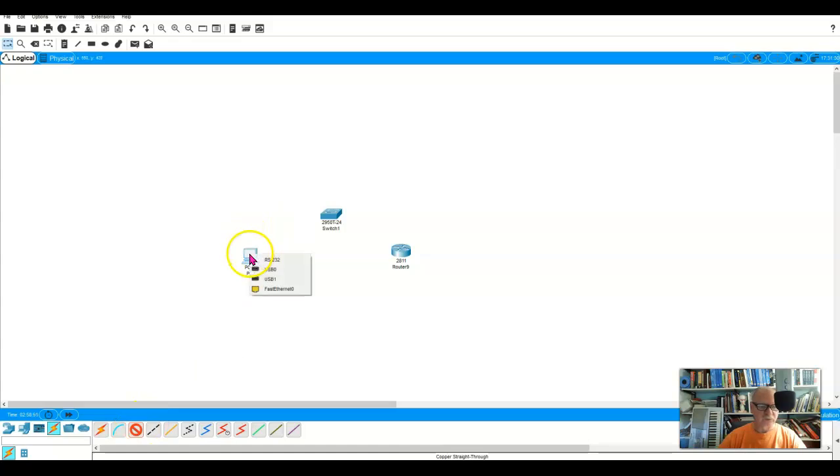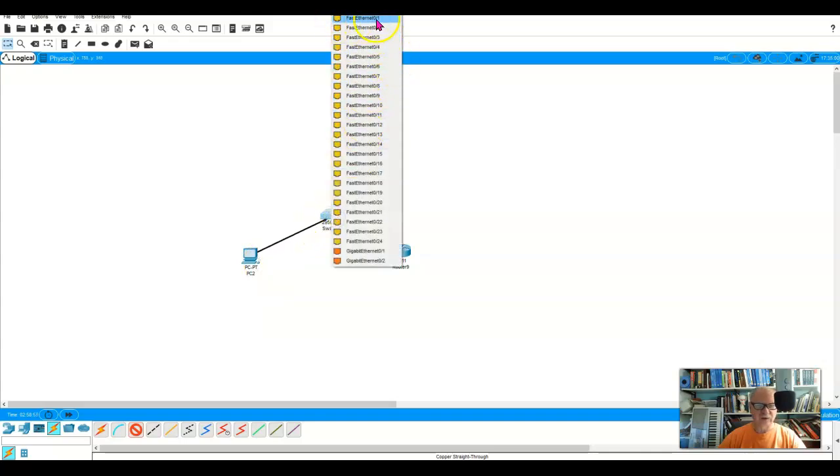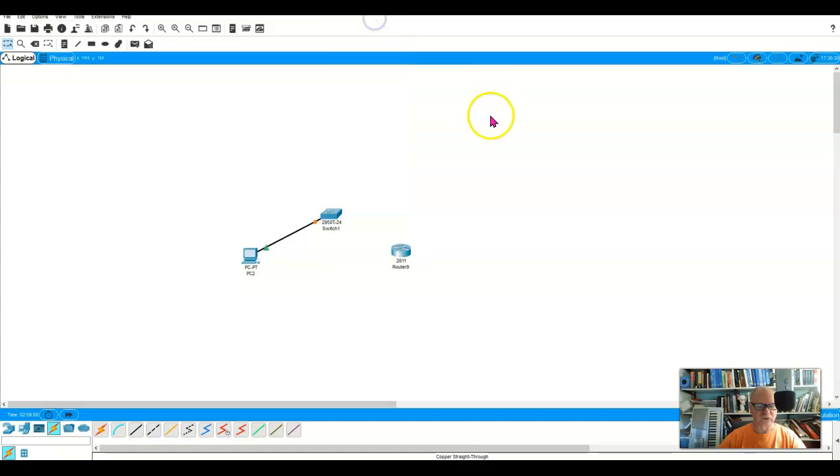So what I'm going to do is go directly from Fast Ethernet on the PC here to one of the Fast Ethernet ports on the switch. Now, I've done a lot of configuration on these two devices prior to this video, so I can skip that at this point, because it would just confuse the issue. Now, this thing hasn't started communicating yet. I can tell by the link light; it's still orange. I have to wait for that to turn green before I can really communicate with this switch.